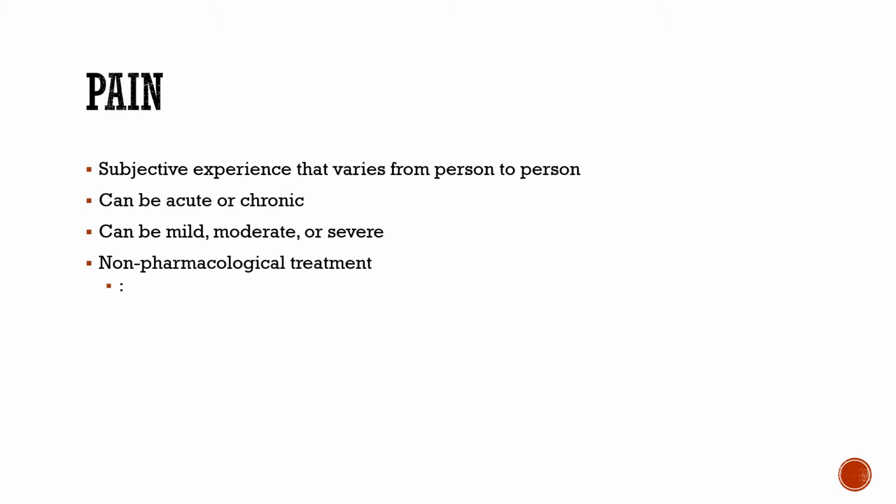So distraction techniques, massages. Some people use aromatherapy. There's guided imagery. There's quite a few different ways that we can do that. So anytime you're going to give an analgesic, which in the hospital a lot of times is a narcotic, not always, sometimes you're giving ibuprofen or acetaminophen, but a lot of times it is narcotic based, make sure that you also document what other non-pharmacological treatments you've done. It's always an important thing to do.